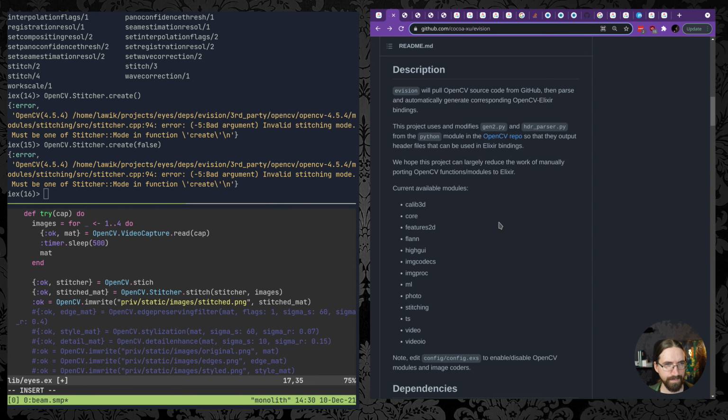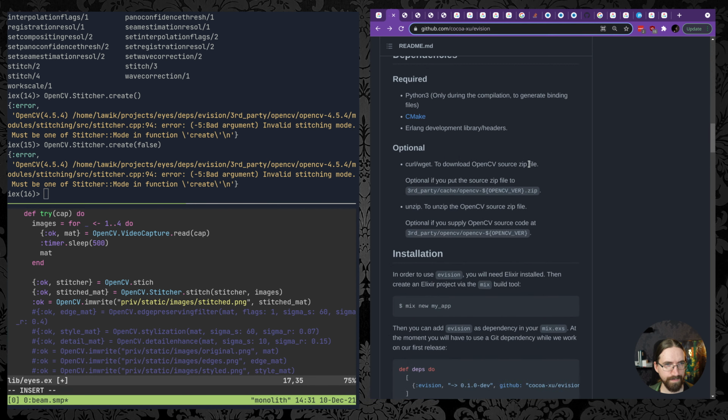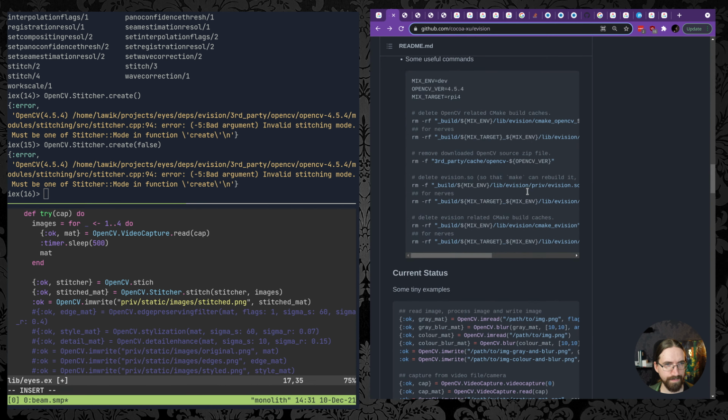If it fails at creating a stitcher, I think I might be solely out of luck, because I think the rest could have a chance of working. But if we can't create the stitcher itself,